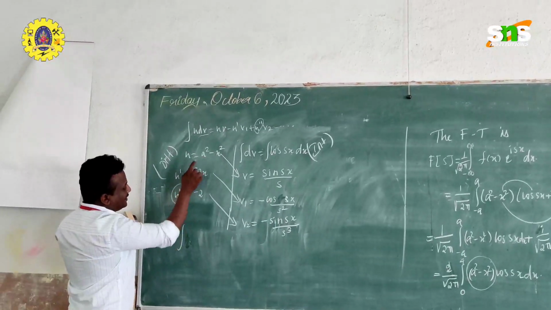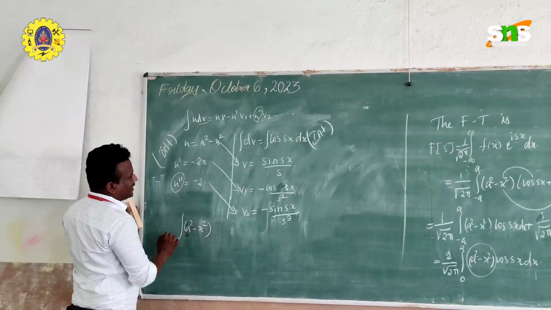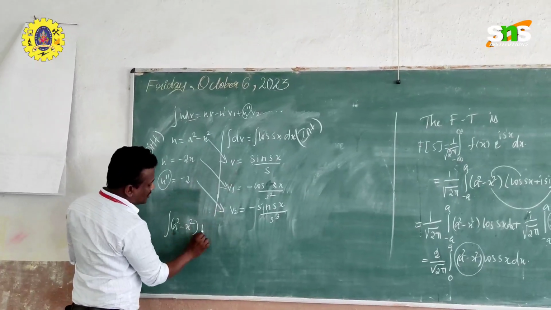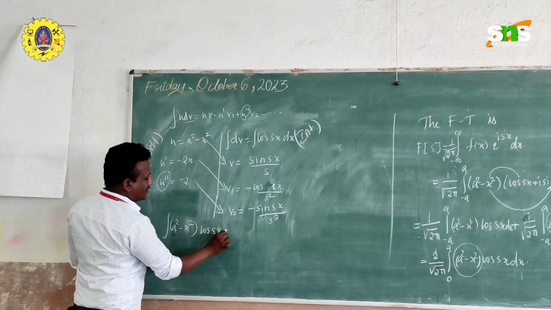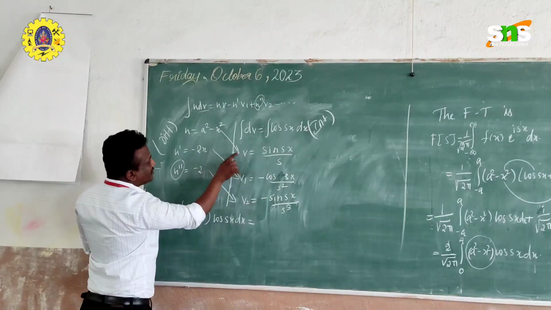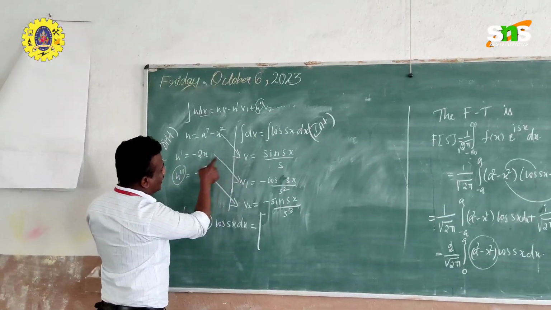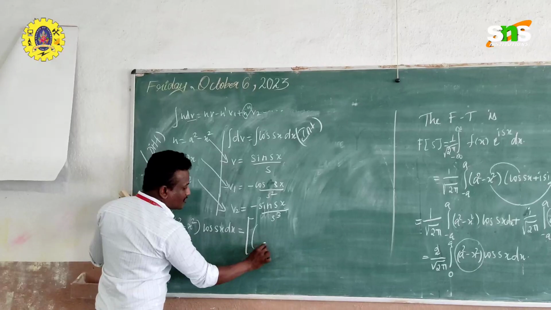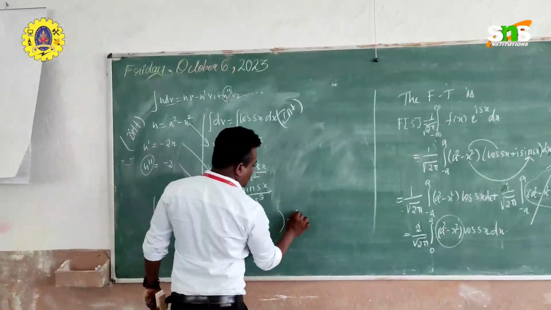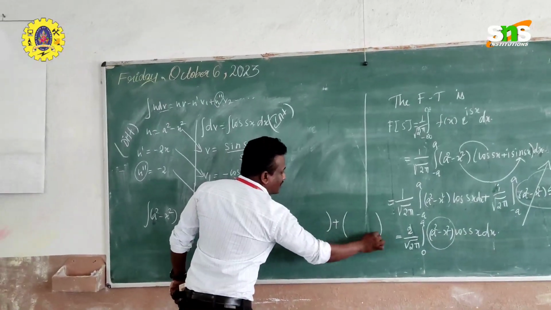What is u? It is a square minus x square. Give a bracket. Then dv. What is dv? It is cos sx into dx, which is equal to uv. Just take a multiple. Open a bracket, then how many terms you have? 1, 2, 3. So open a small bracket in 3. So one bracket, then minus symbol, then next bracket, then plus symbol, then next bracket, then close the